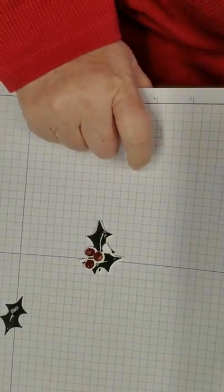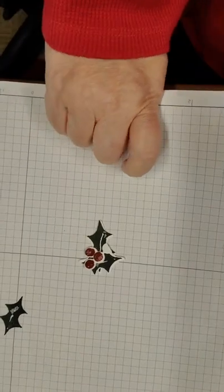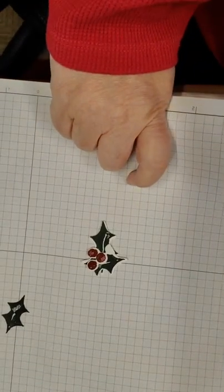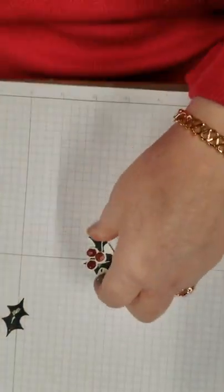I actually have a glue mat. Sorry, it was a little too far from my reach. I've been cleaning because we have,